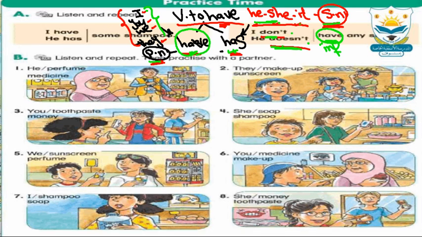So here we learned that verb to have consists of have and has. We use have with plural subject pronouns: I, you, we, they, or any plural noun. But we use has with singular subject pronouns: he, she, it, or any singular noun. How to negate verb to have? We negate verb to have with don't and doesn't. Okay? And after don't or doesn't, we should put the verb in infinitive, and let's focus because many people make mistakes when it comes